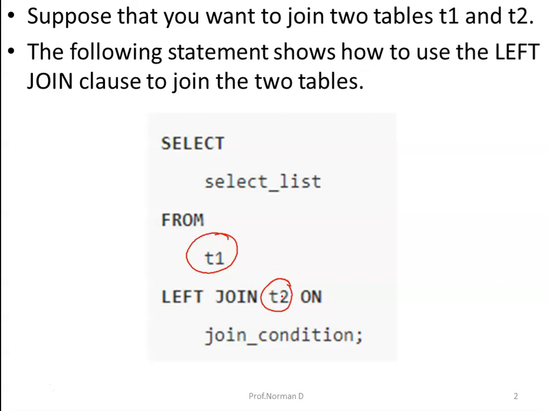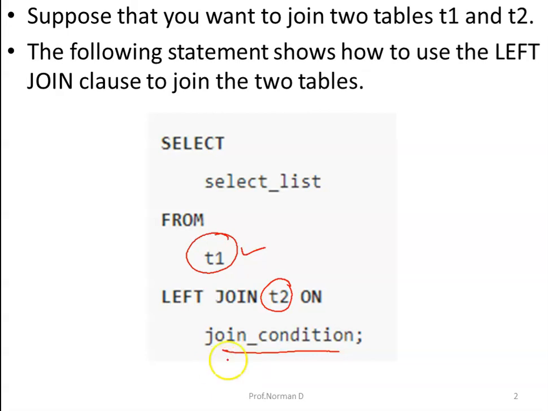The left join clause selects data starting from the left table, that is T1. It matches each row from the left table T1 with every row from the right table, that is T2, based on the join condition. If the rows from both tables cause the join condition to evaluate to true, the left join combines columns of rows from both tables into a new row and includes this new row in the result rows.